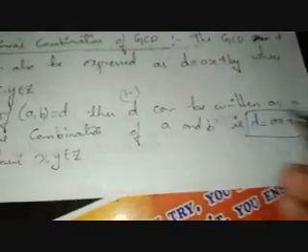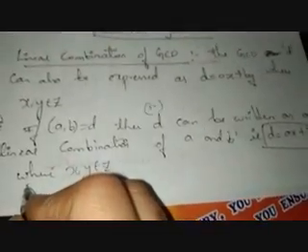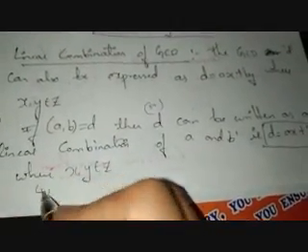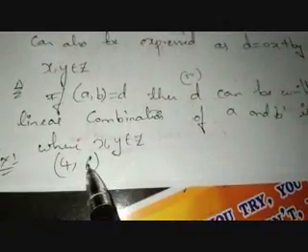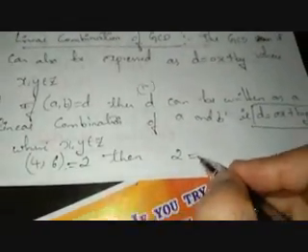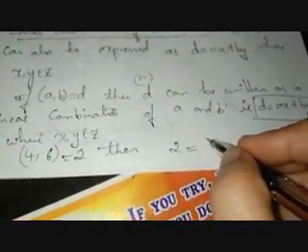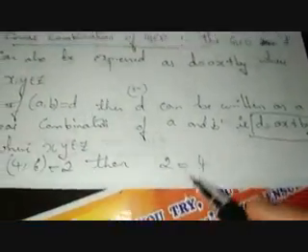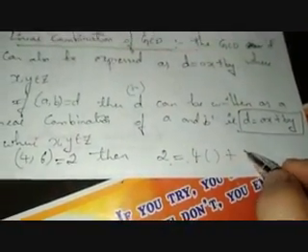So I'll take one example here. Let me take GCD of 4, 6 is equal to 2. Then what is the linear combination of this? How can we write it down? D is nothing but 2 is equal to, what are A and B here? What is A? A here is 4, and the X I'll leave as it is, plus B. What is B? It is 6. And what is Y? You can see here how we can equate this.